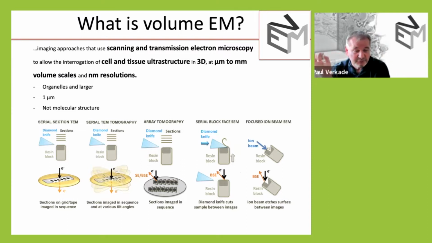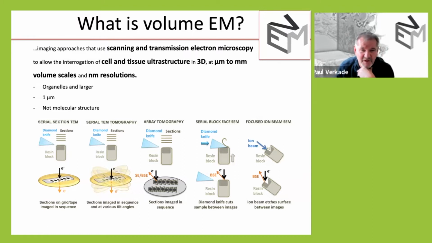scanning electron microscope. With the scanning electron microscope, we have different technologies. We can do array tomography, where we collect sections on a wafer or on a grid and then image those. We can do serial block face SEM, scanning electron microscopy, and I'll highlight an example of that. Or for instance, with a focused ion beam, we can mill away material and then image that new surface. And I'll show one example of that as well. And I will start off with an example where we've done serial TEM tomography, but I'll come back to that